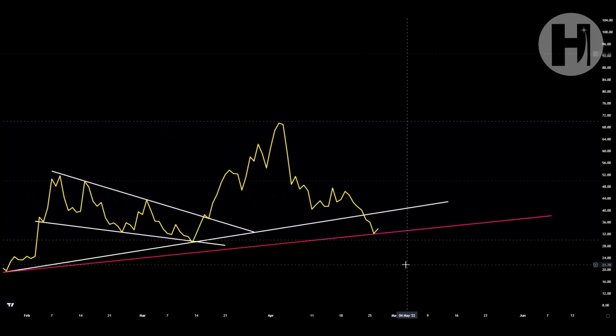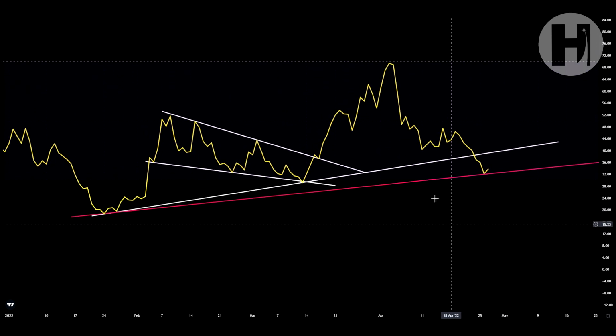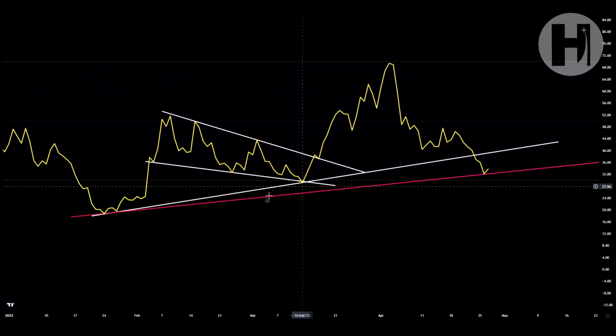Now, jumping into the daily RSI over here. In the last video, I only had the white trend lines. And something can change, obviously, after my last video, because I do Patreon updates for my patrons.